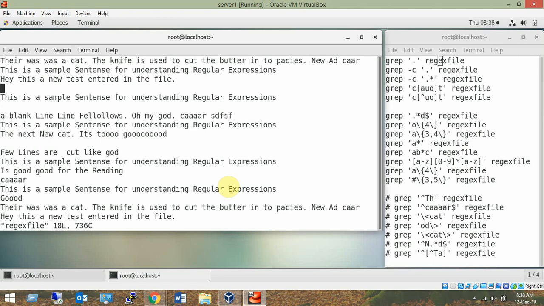Parentheses close, parentheses close. I'm moving sentence by sentence. A sentence always ends with a dot, if you remember, a full stop. So it is taking me after the end of the sentence, wherever there's a dot. Now to move back, I can use parentheses open.